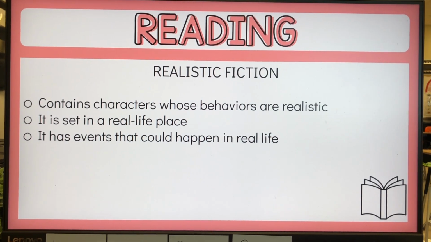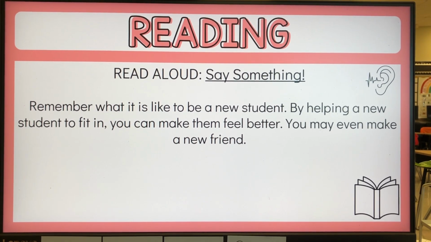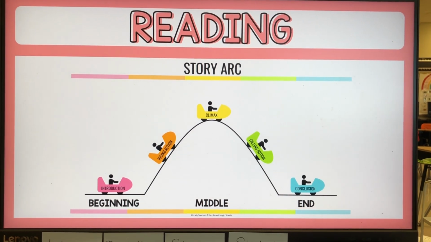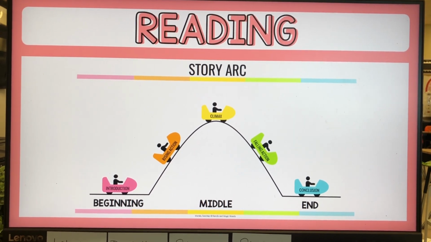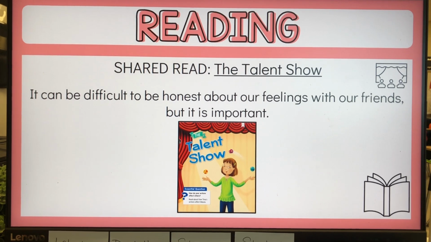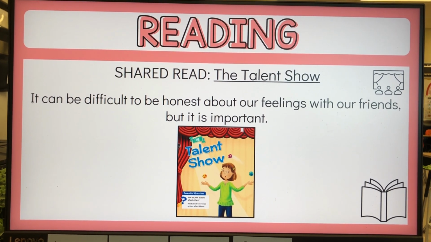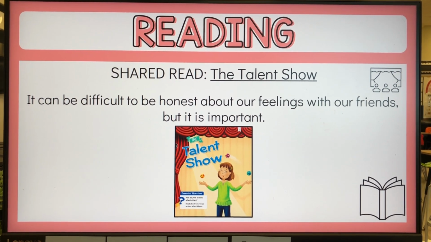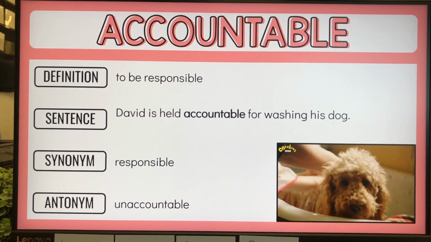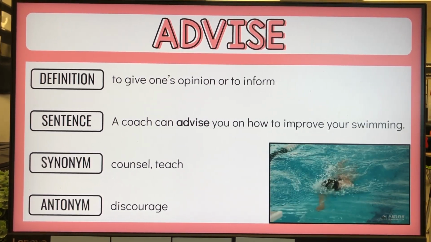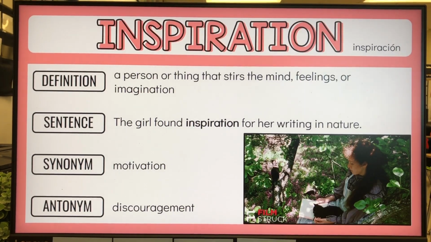We went over the genre that we're focusing on right now, which is realistic fiction, and I did the read aloud for both classes. I did go over the story arc with my block 1, but we didn't get to go to the Jamboard to complete it, so that'll be something we do tomorrow. I did read the talent show for block 1, but I didn't make it to block 2, so that's something we'll do tomorrow morning since I start with my block 2 tomorrow morning. I did go over the vocabulary with my block 1, but with my block 2, we ran out of time. So we will make sure to get that done tomorrow since I have them in the morning.